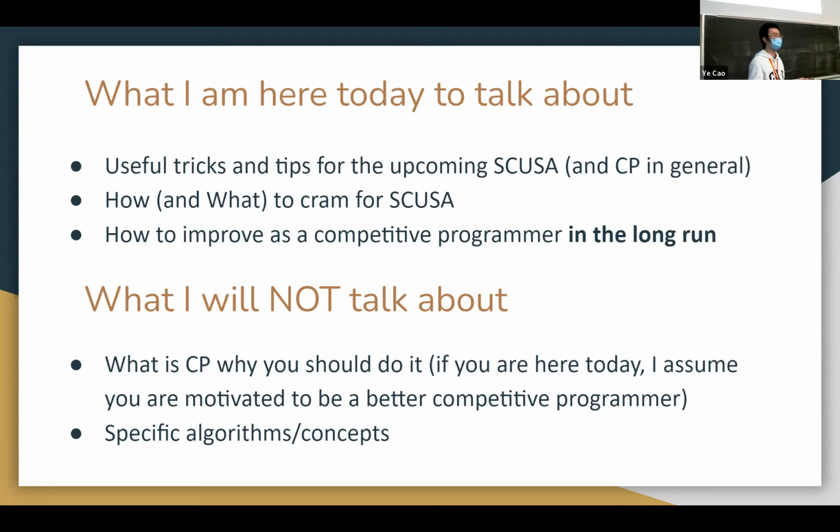I will also not talk about specific algorithms or concepts, because we don't have nearly enough time today to do any algorithms justice. That should be your sort of homework that you do on your own. But what I will talk about today is what are the algorithm concepts that are most useful in the competitive programming context. So it will provide a sort of roadmap, so when you figure out your journey through the world of competitive programming, you know where you should go next. So without further ado, let's begin.